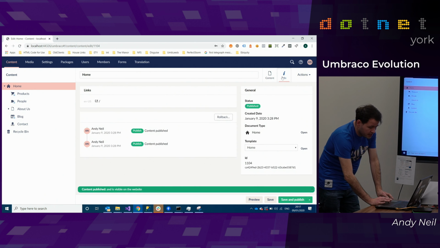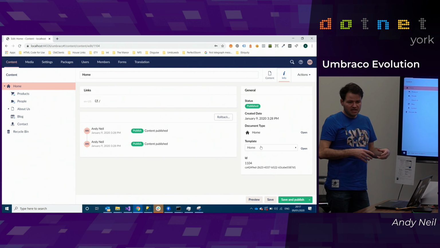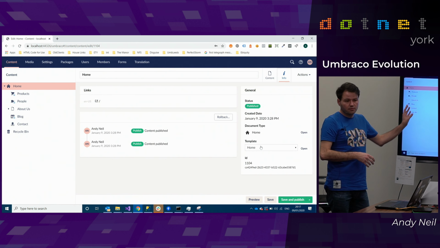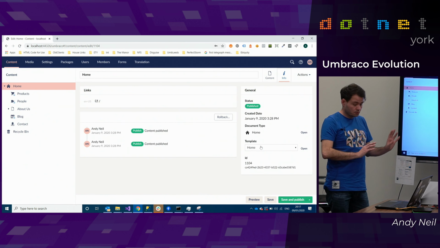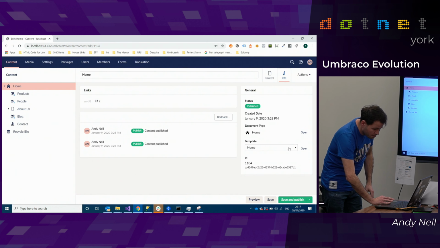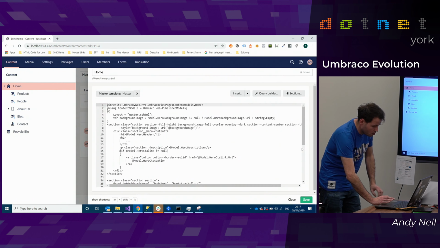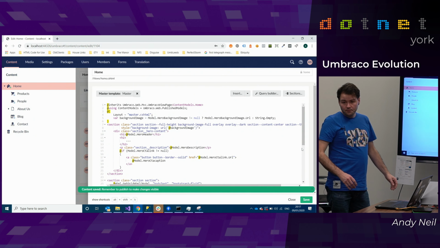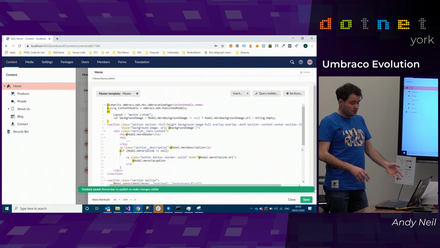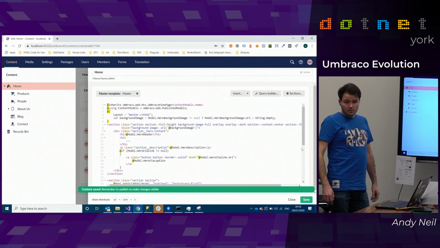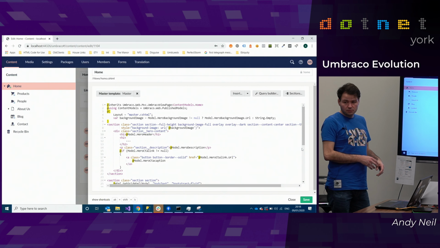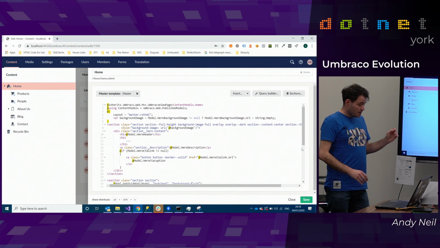And if we have a look in our info tab, you'll see that all of the document types here have got different templates, and you can have multiple templates for a document type, or you can swap out the whole rendering engine if you really want. I've seen some really crazy things with it. But at the back of the template, all you've really got is some Razor. You can edit your Razor in here, and people doing a super small site won't even bother with Visual Studio. They'll just do it in here because it's pretty straightforward to manipulate.